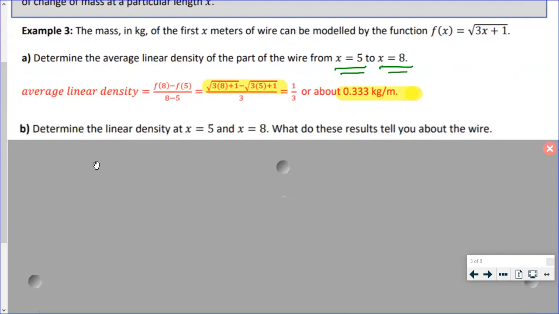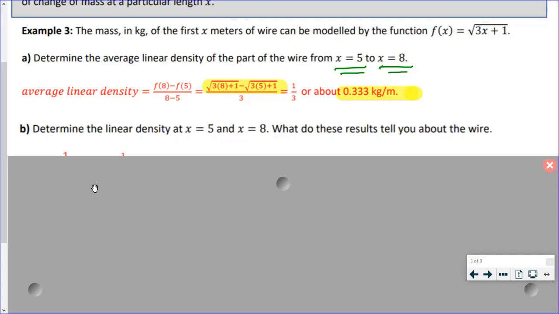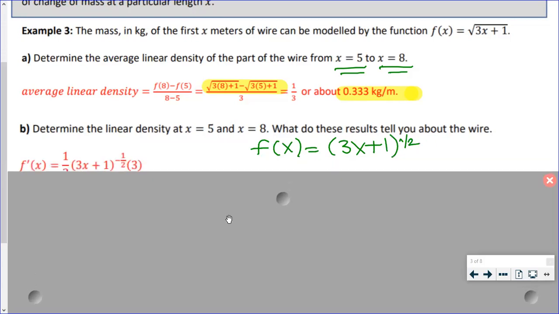Okay, so we're going to do the same question, determine the linear density at x is equal to 5 and x is equal to 8, but we're going to make an interpretation. What do these results tell us about the wire? So before I write my f prime of x, I'm going to write my f of x. I'm going to rewrite f of x is equal to (3x plus 1) to the power of 1/2. So when you take your derivative,